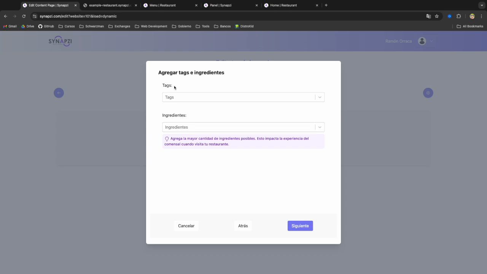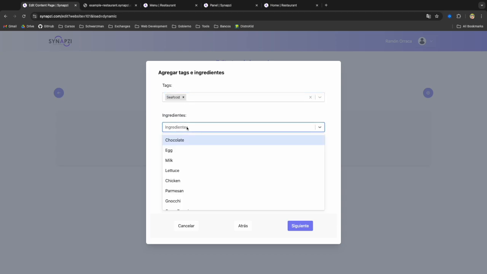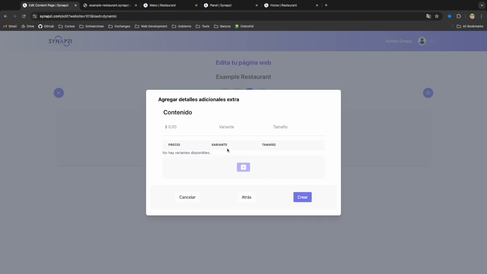Click on next, then we can add tags. So this is, yeah, for sure, seafood, ingredients. Let's go for, oh, fish is not there. Let's go for potato, yeah, and bread maybe. Yeah, let's add bread. So if we do that, we go to the pricing area where we can add a